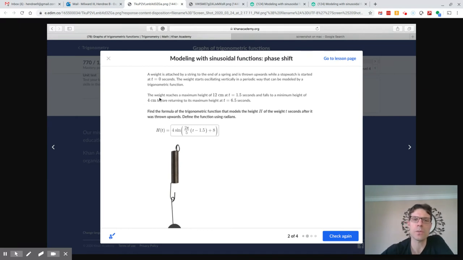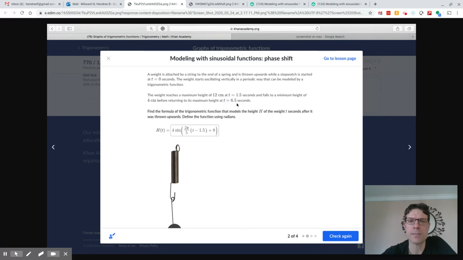So, for example, this one here, we've got a weight attached to a spring. It's thrown upwards while a stopwatch is started at t equals 0 seconds. The weight starts oscillating vertically in a periodic way that can be modeled by a trigonometric function. The weight reaches a maximum height of 12 centimeters at t equals 1.5 and falls to a minimum height of 4 centimeters before returning to a maximum height